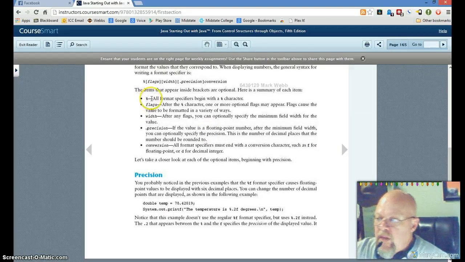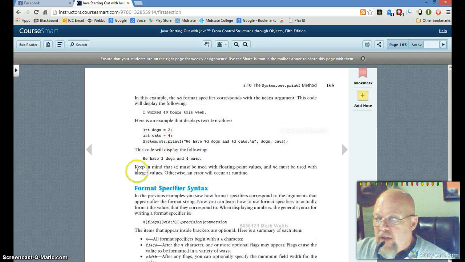We have a %, we have a flag, we have a width, we have dot precision, we have conversion. Right now we are using the % and the conversion. We're saying take the first numeric value and convert it to whatever the f is. And what is the f? Well, the f is either a float or a decimal, so basically it is a decimal place numeric value. It can be either a float or a double, so it's basically dealing in decimal places. If we go back to our previous example,